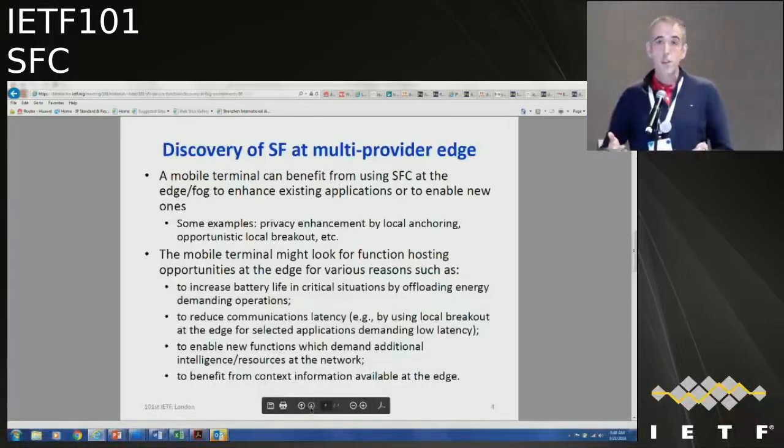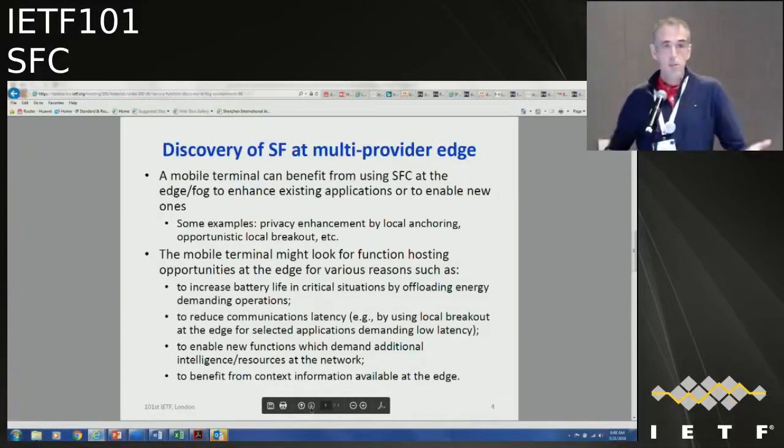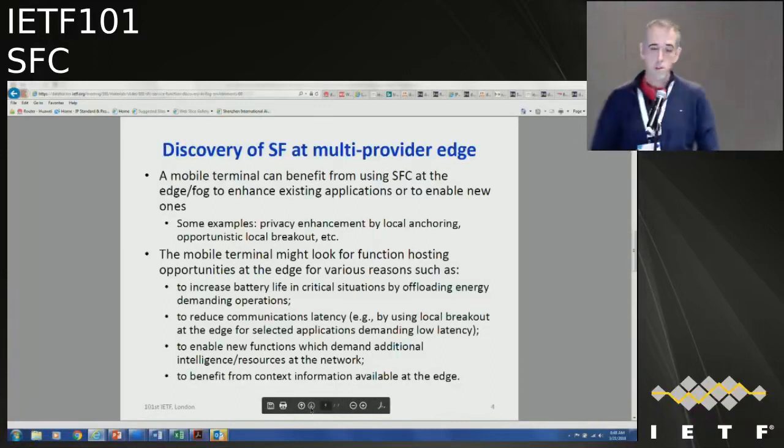To benefit from functions that require or benefit from information that is local at the access. So there may be some functions that require information from the radio access part to perform the functionality they intend to do. So to benefit also from context information that is only available at the very local access. These are examples of opportunities brought by using these functions close to the end user device.